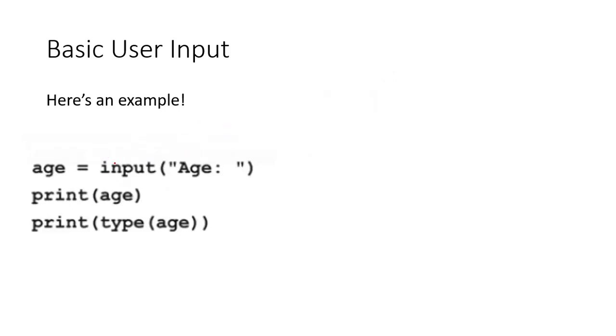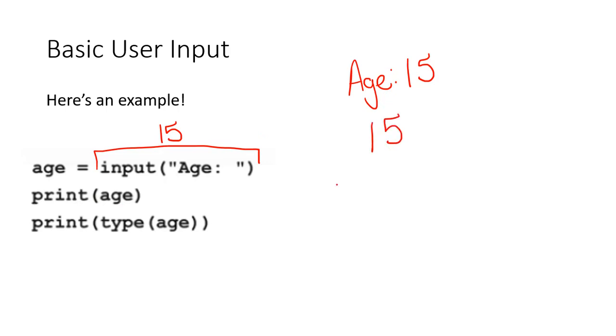Here's another example. So I've got age equals input age, print type age. What's going to happen in the console is it's going to ask, hey, what's your age? Let's say they type in a number of 15. Age is going to be assigned 15. I'll print age, so we'll print 15. Now, when I type that variable, remember the type function tells you what type of